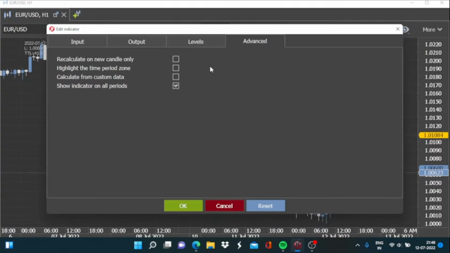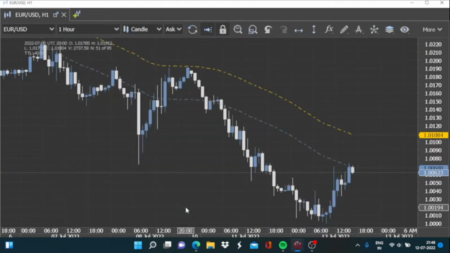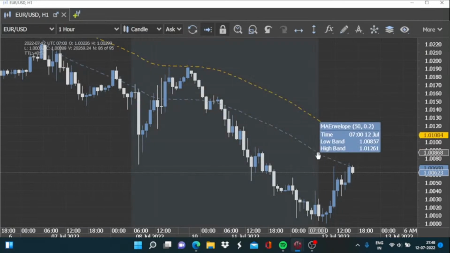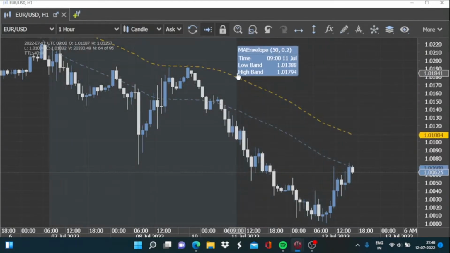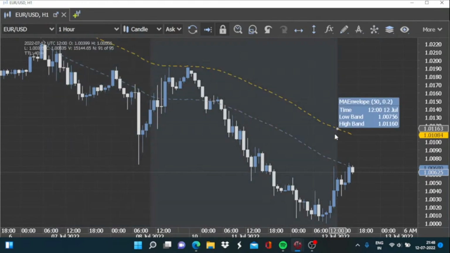So only when new candle formation takes place, the recalculation of the value of the MA envelopes will take place. If you tick this box and highlight the time period zone, then whatever candle period is being considered for calculation of the MA envelopes will be highlighted whenever you click on any particular time period of the MA envelope. All right,